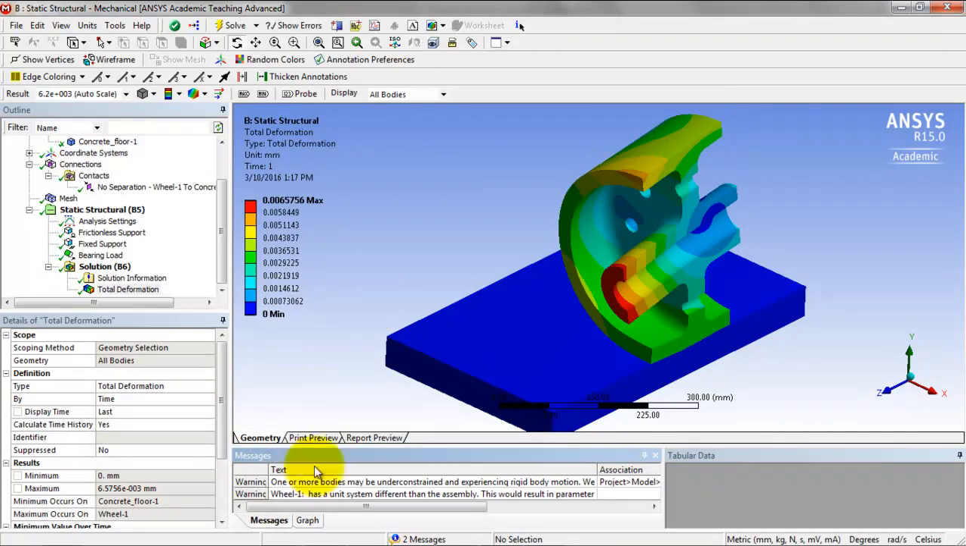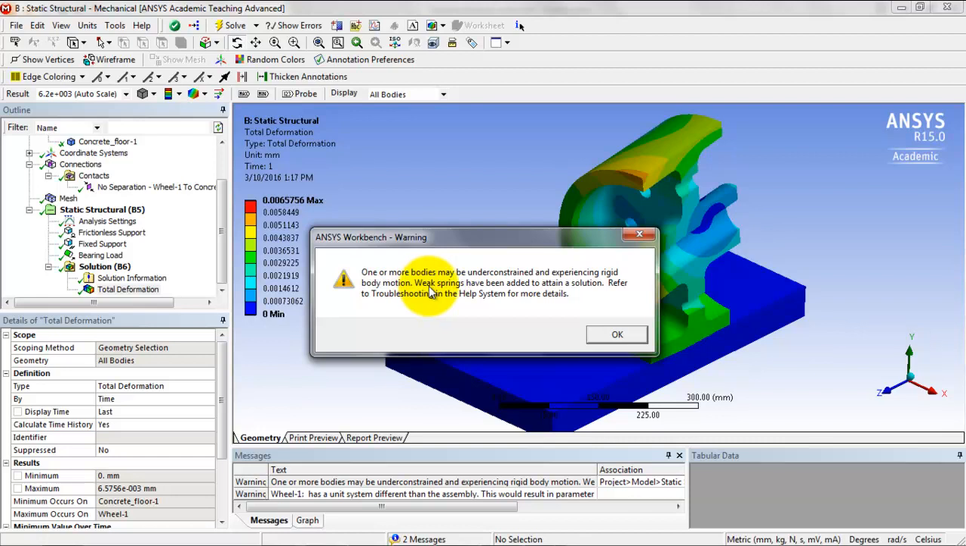All right, so it solved it, but notice these warnings down here. It says one or more bodies may be unconstrained or experiencing rigid body motion. Weak springs have been added to attain a solution. For the troubleshooting, et cetera. All right, so what happened here